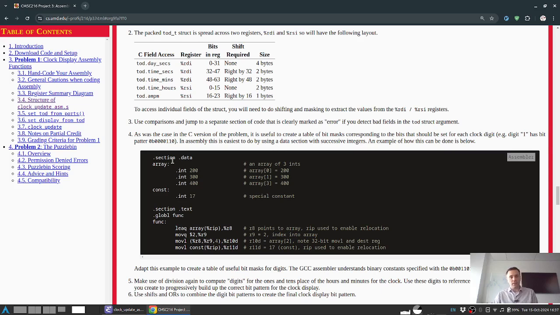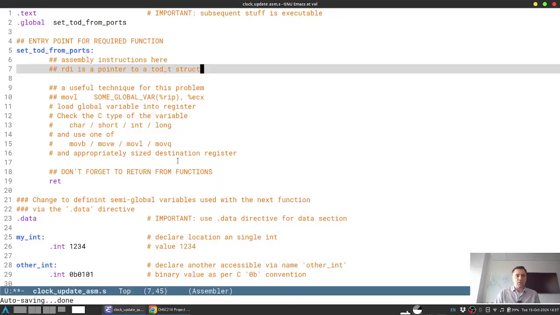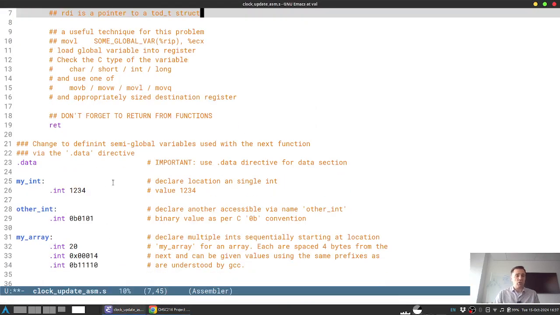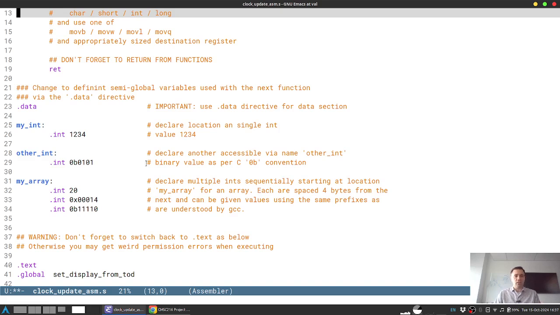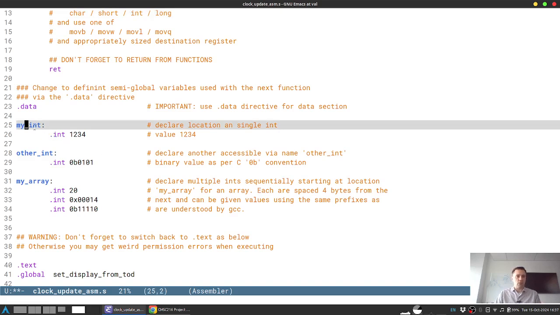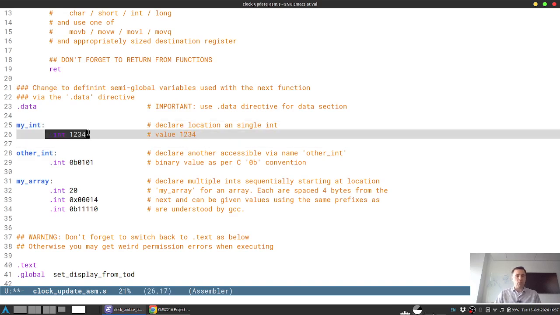One example of that is here to lay out a section that's a data section. You could also write just data. And some more examples of it appear in this middle portion of the code template. If you had a single number that you wanted, like my int, then you can declare that as a label, this spot in the code or data, wherever it is, in this data section in this case, and plop down 4 bytes there that represent